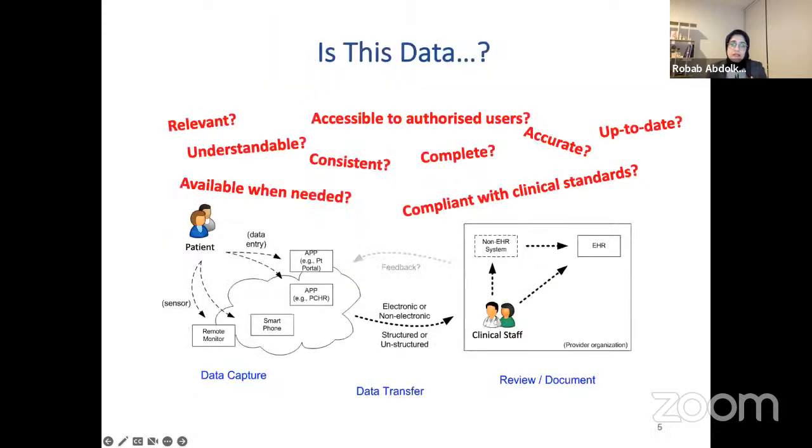So now that you see the overall picture of remote monitoring, to what extent would the clinician consider the quality across the collection stage, to transmission, to review? And what do we exactly mean by quality? It's actually about whether the data are complete, accurate, understandable, accessible when needed, and relevant to that condition, and how all of these might impact the safety and quality of that intervention.